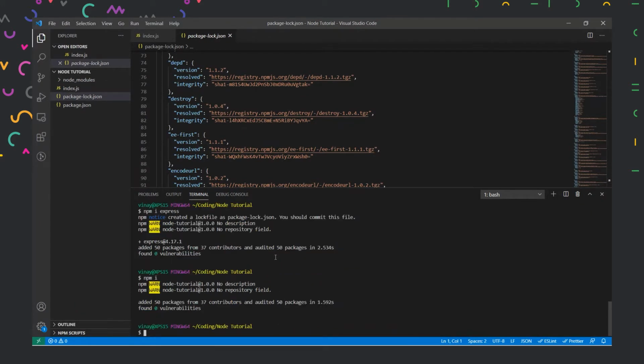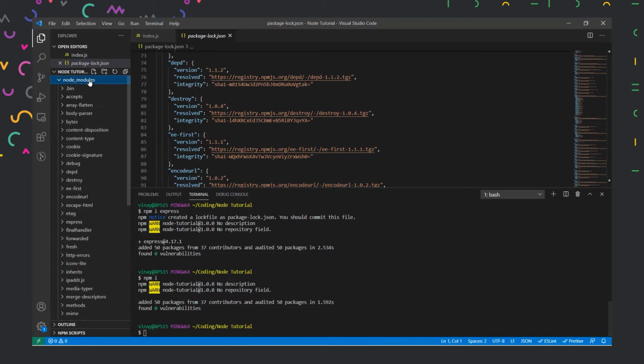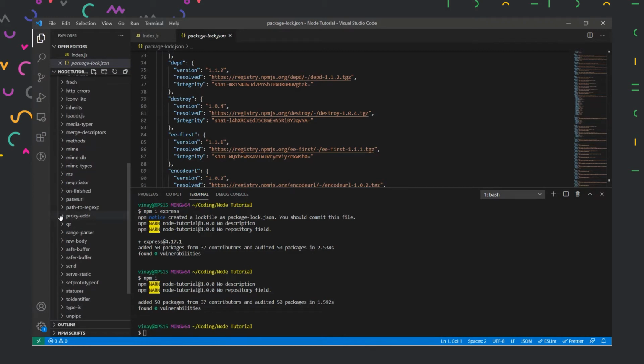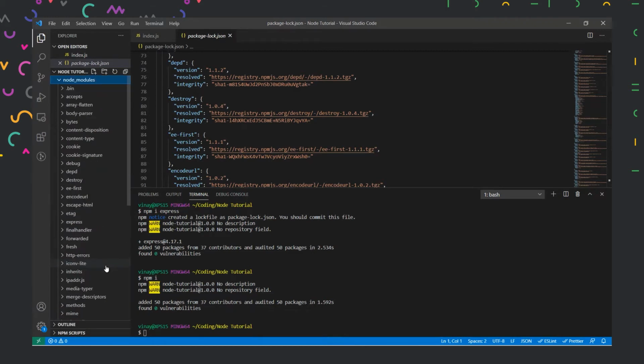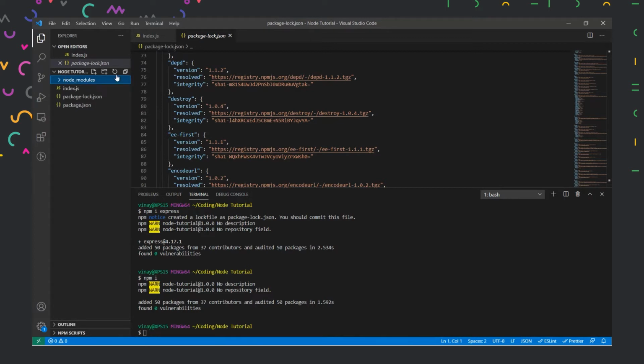So whenever you're storing your code in GitHub, or let's say you're hosting your application directly, then it is always a good practice to skip the node modules folder, because this folder may get really big in no amount of time, and then you have to transfer this code to another server as well. So to avoid all that, we don't include the node modules folder and simply run npm i in our server directly, so that it will install it directly over there.